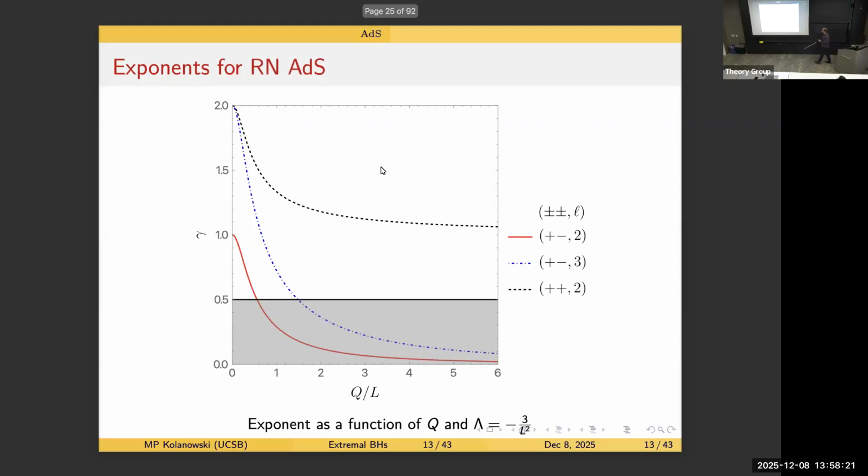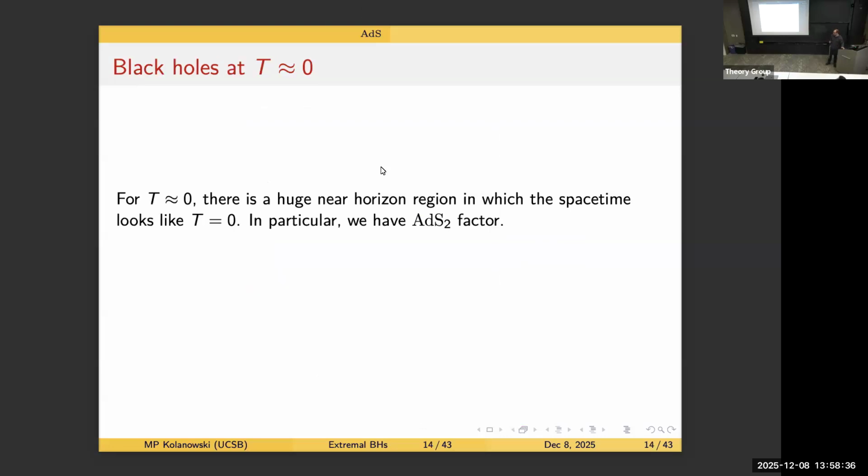And moreover, if you go to sufficiently large charges in AdS units, you find that these exponents also become smaller than 1/2. So then you cannot think about these as distributions as well. Okay, so this was all